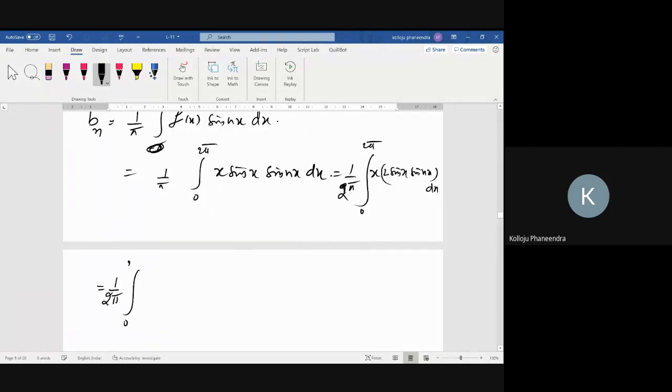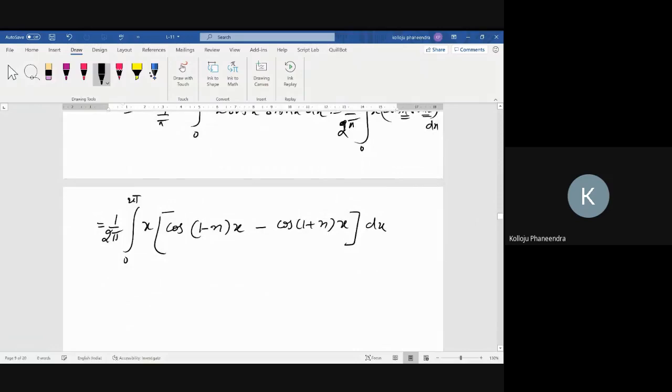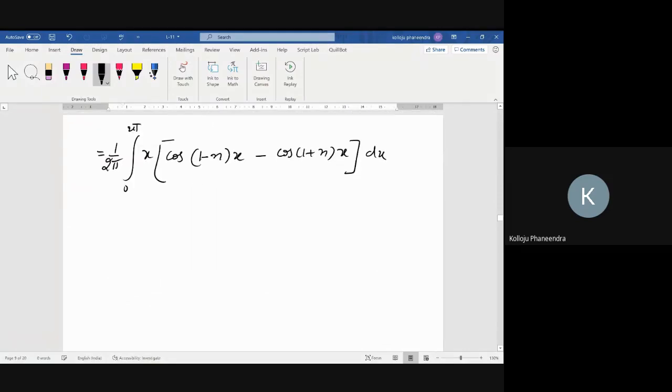Integral 0 to 2 pi, x into sine A sine B means what? I think cos A minus B and cos A plus B. A value is x, B value is nx, so x is common. Cos A minus B minus cos A plus B, that is the 2 sine A sine B formula. That is equal to